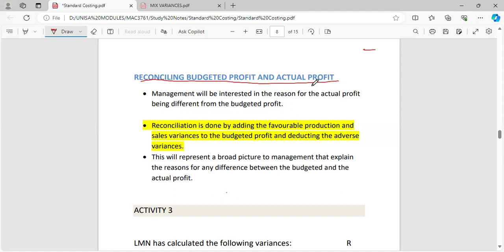Remember, in our previous class, we did the sales variance and the cost variances, right? So in these sales variance and cost variances, you will see that if there is a favorable